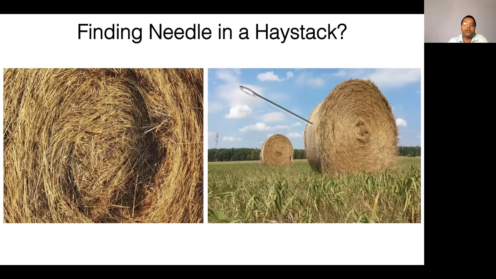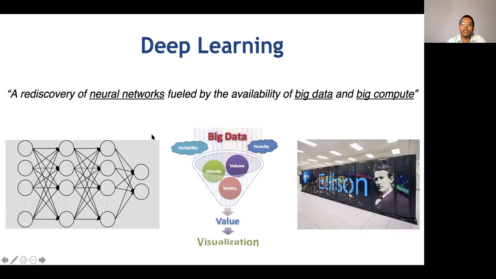And I like this example very much because not only does it signify the difficulty in finding the right needle, but also the ease or the risk of easily finding the wrong needle. Because if you're not careful, if you just take some data, take some technique, put it together, the technique will churn out some numbers because it is domain agnostic. But if we don't know what we're doing, we can very easily fall into the trap of wrong needles. So that's why it's important to have the necessary domain expertise and AI expertise on the same table for us to apply these techniques properly. And on our side, the way we have been doing that lately is using deep learning.